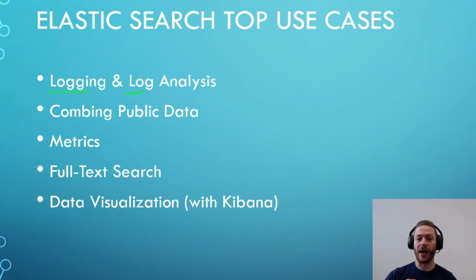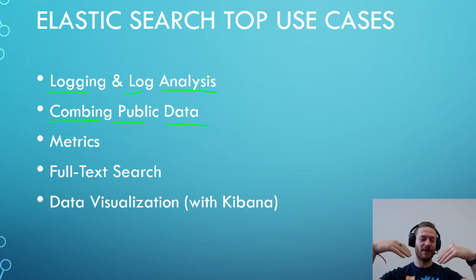So logging and log analysis, I already specified that because usually with logging you have millions of records and it's very convenient to search among these millions of records. Elasticsearch is very useful for combining public data. If you have lots of data coming from different sources, it will be very easy to store them in Elasticsearch and then search among them. So if you have lots of sources, you can store the data from these sources in the Elasticsearch index, and then when you need to search among this data, you can easily combine it because the search